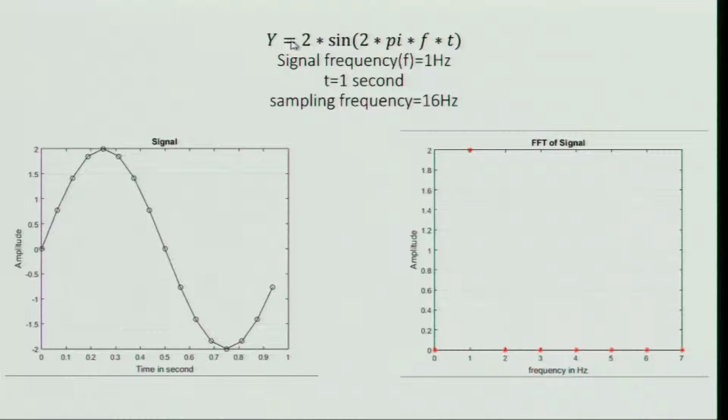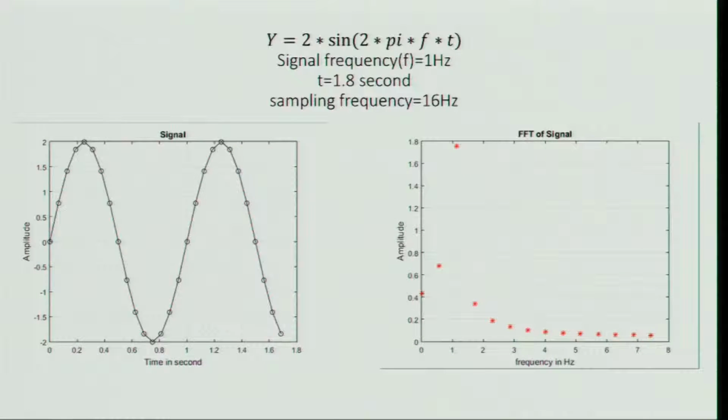But in real signals, we do not know whether we have a complete sinusoidal cycle or not, because we do not know what the frequencies are. Okay. So then what happens? We have to have a fairly large duration. So here T is, again I deliberately put it as 1.7 seconds, so that it is not a complete cycle. 1 hertz is one complete cycle, and this is maybe 1.7